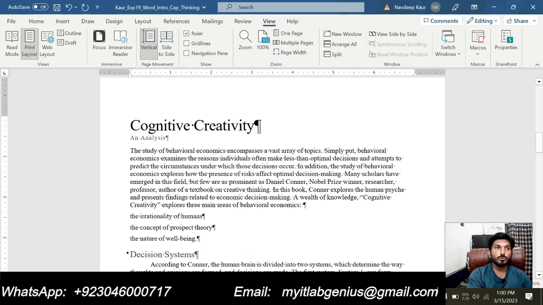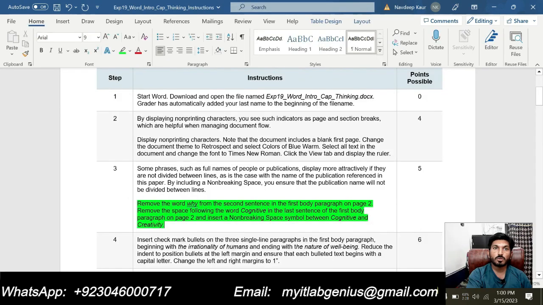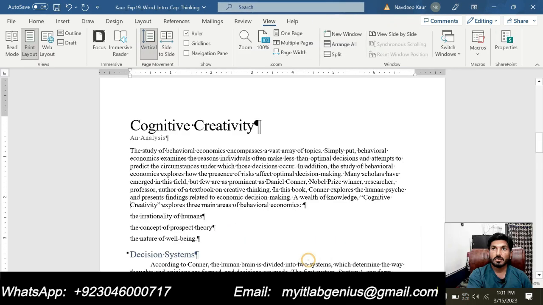Now we are supposed to remove the space between "cognitive" and "creative", this is the space. So we will remove this and we will insert a non-breaking space. That is the requirement. You can see that this is the non-breaking space symbol. So we will first remove this space now. You can see that there is no space between "cognitive" and "creative". Now we are supposed to insert a non-breaking space symbol.